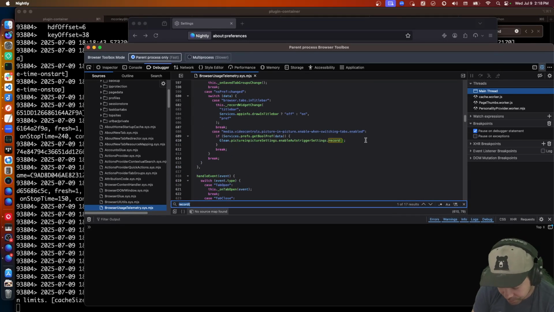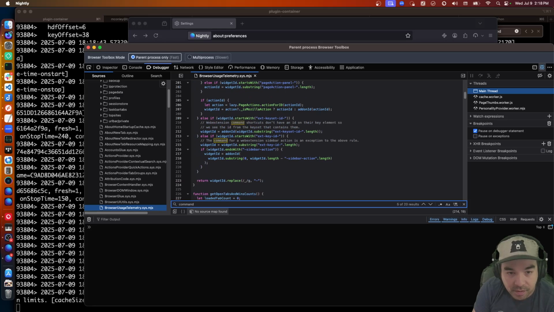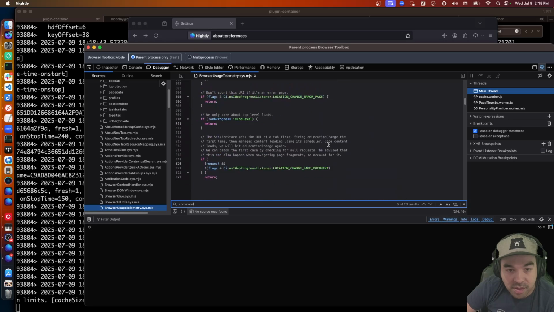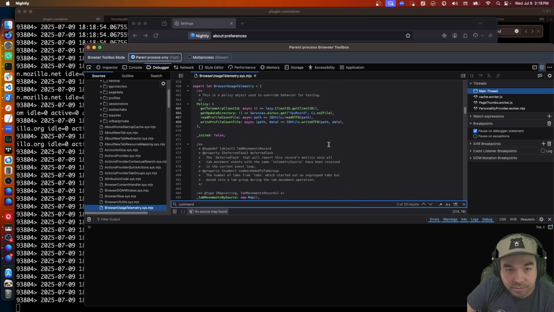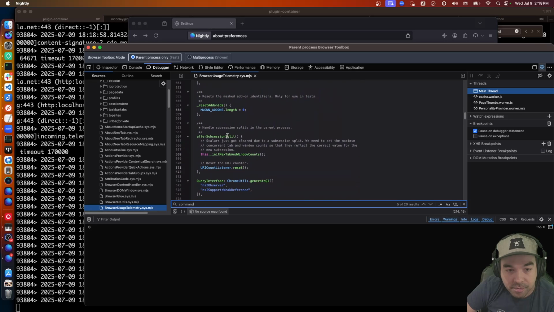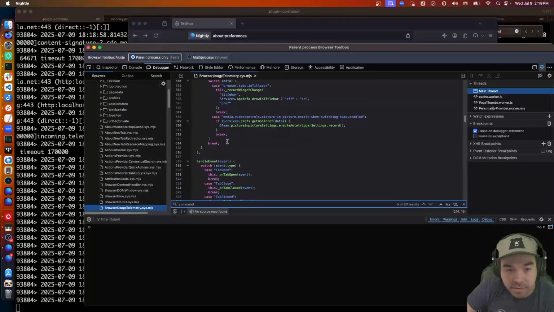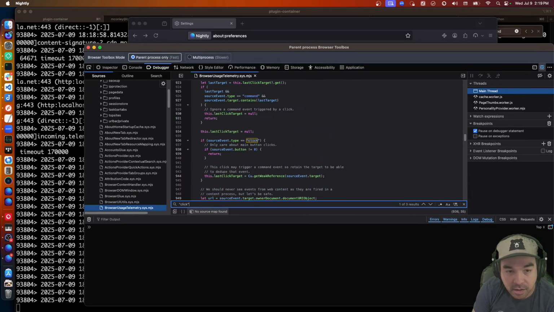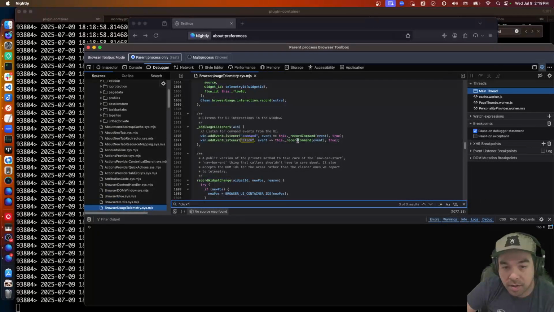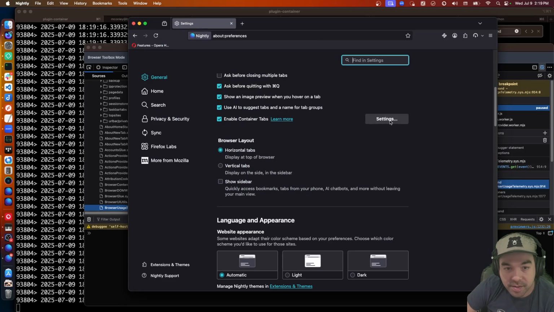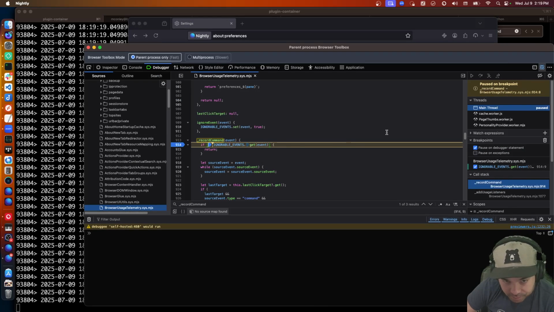Command. Where's the function that actually does the thing? Observe. Handle event. Click. Record command. That's what it is, record command. So if I click on settings, that comes in. So the question is,